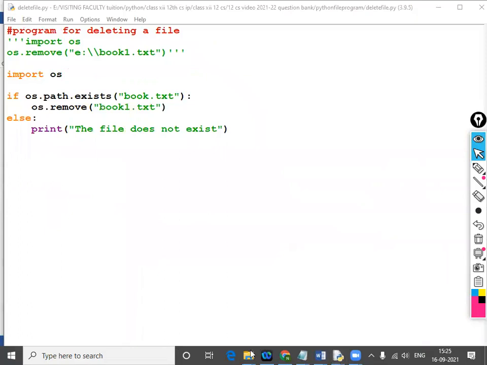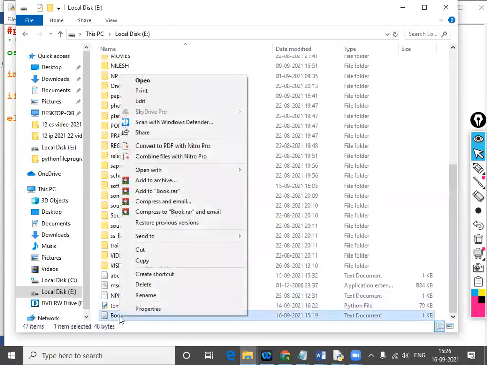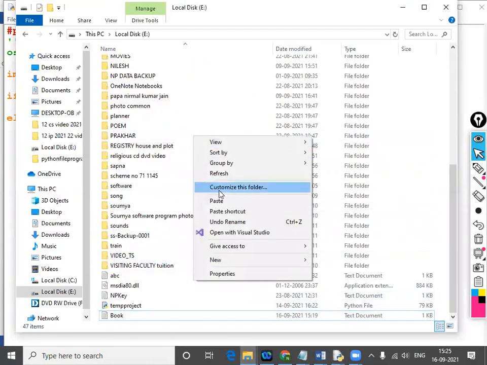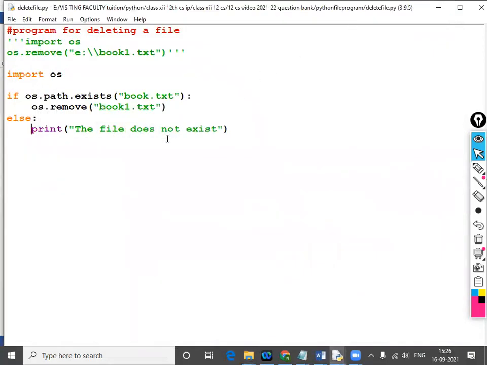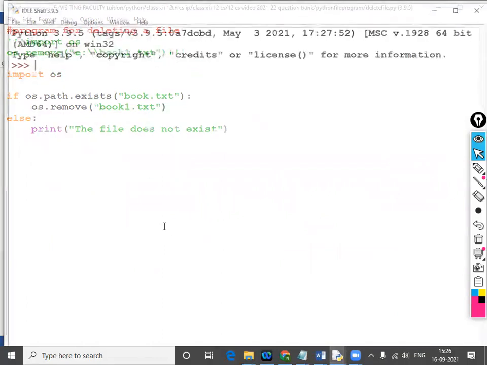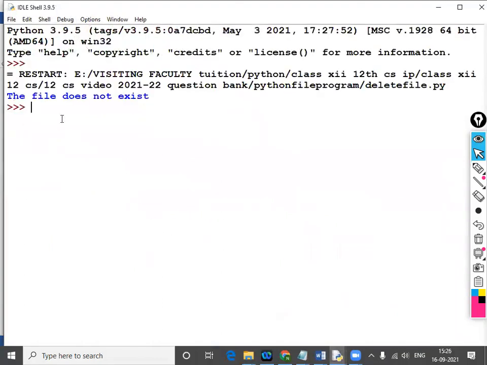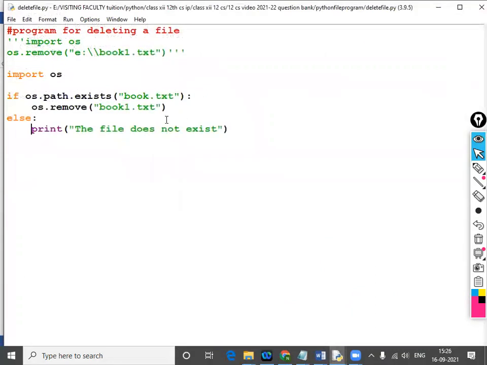then I'll create a file, book, copy, paste, book one. Now run it. Yeah, file does not exist. Book one.